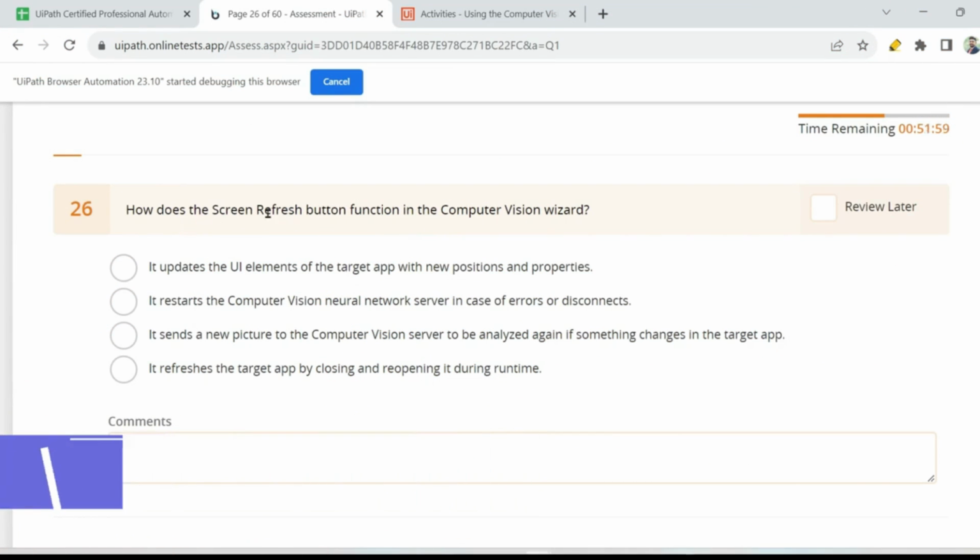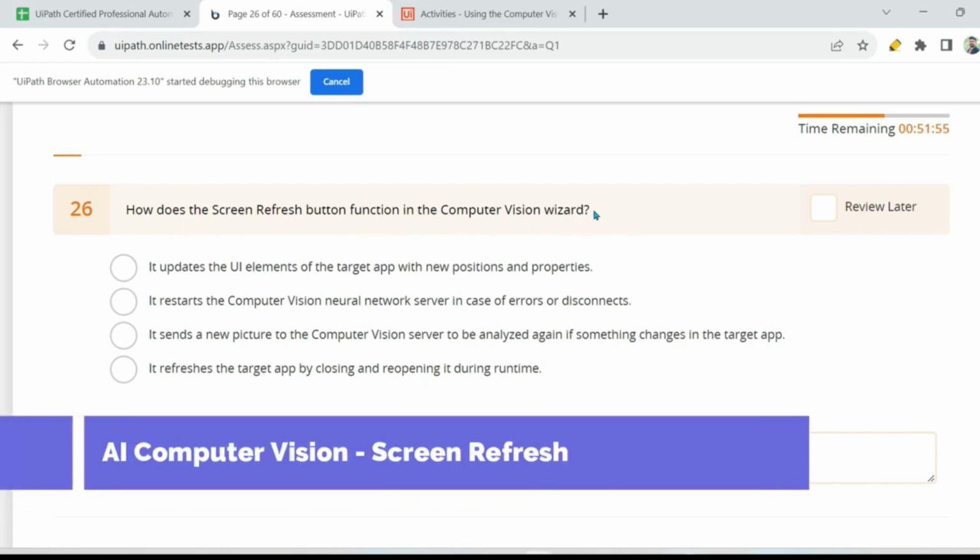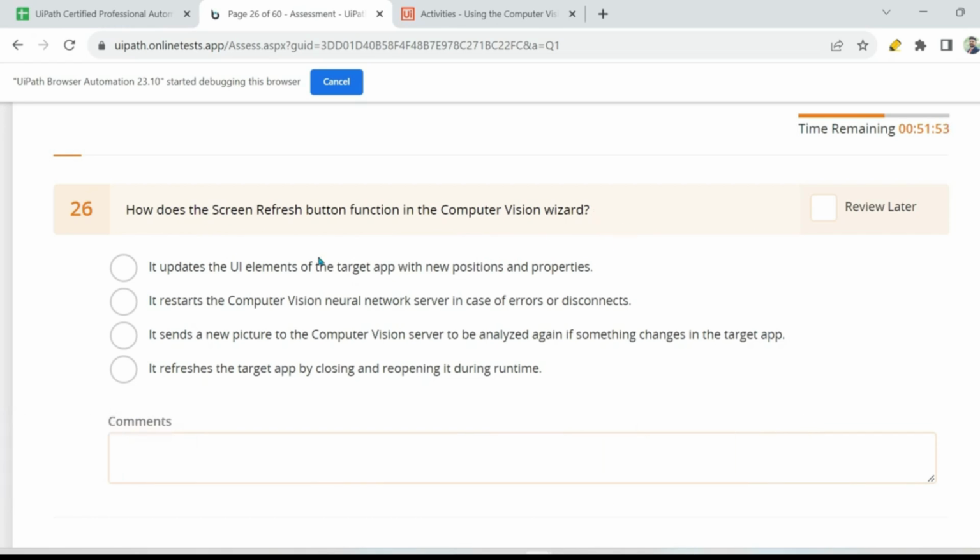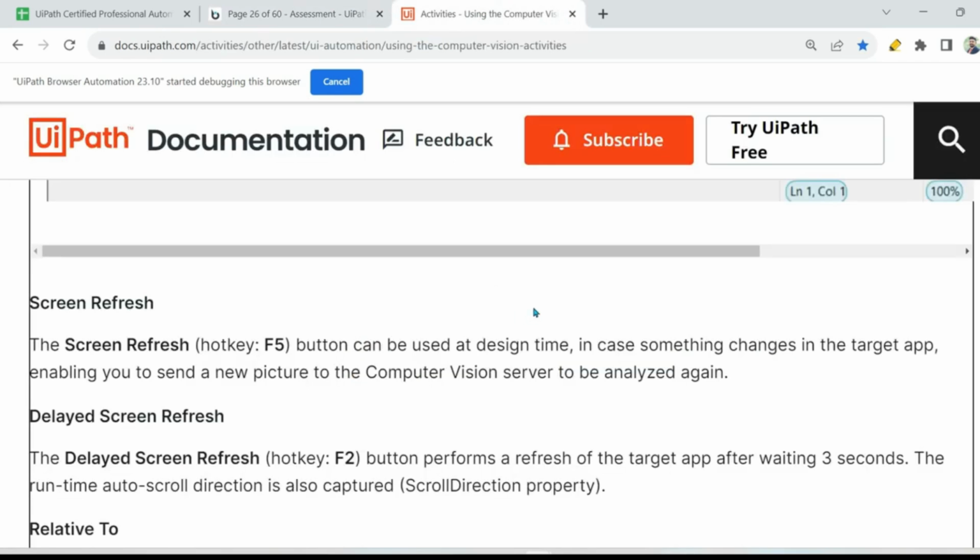Let us go through another question from the practice test on the computer vision topic. So let's read the question. How does the screen refresh button function in the computer vision wizard? So it is asking, how does it work? What is the use of the screen refresh button? That is the question. I'm going to read all these options for you, but before that, let us open